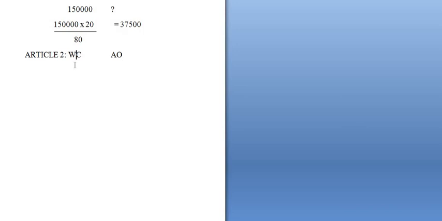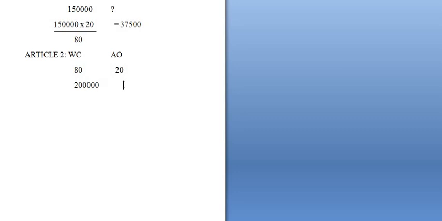Now when work cost is 80, administrative overheads is 20. Okay, now when work cost for article 2 is 2 lakh,